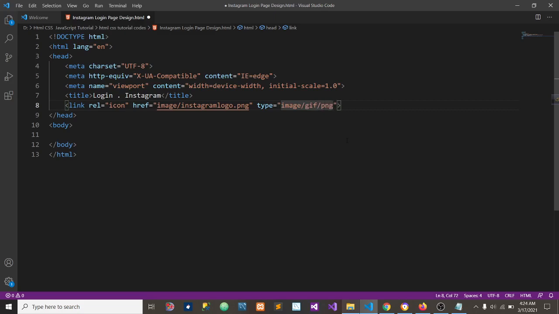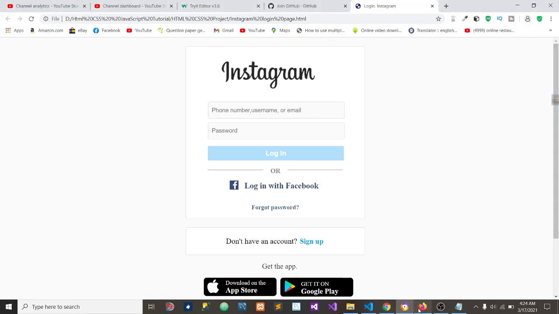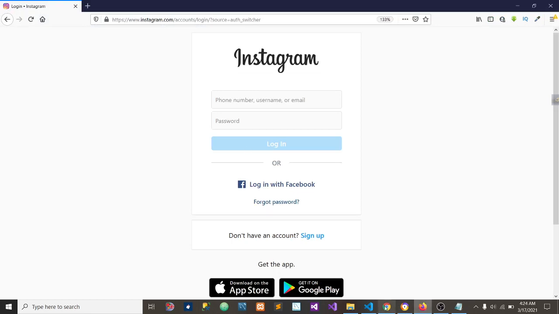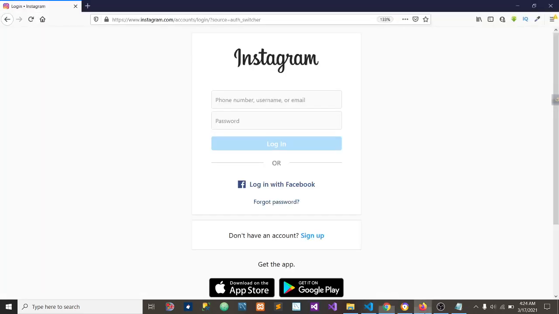So now if we run it, let's see what happened. Yes, now you can see the Instagram logo on our title bar. Now you can see this one and this one is quite similar. This is what we wanted. Now we have to move on to our next